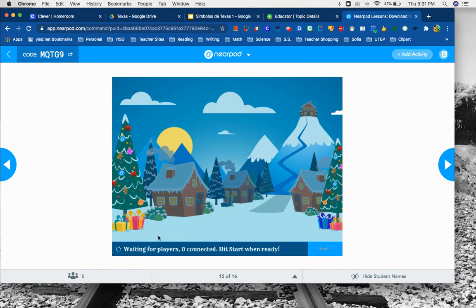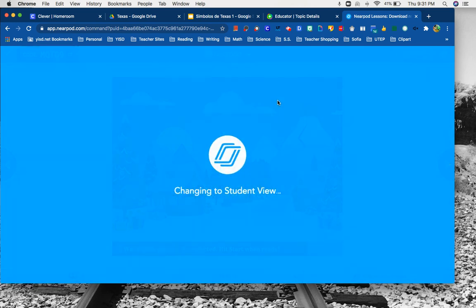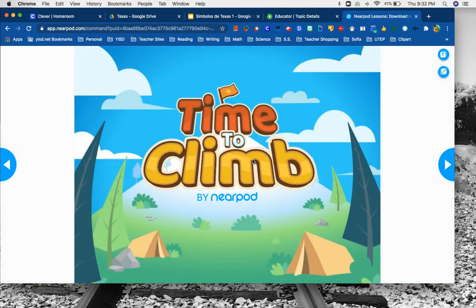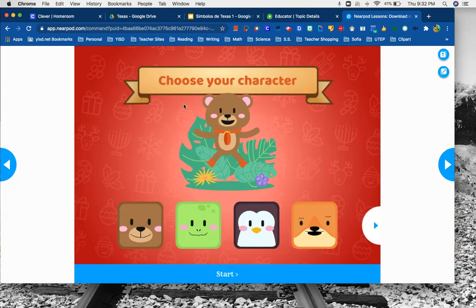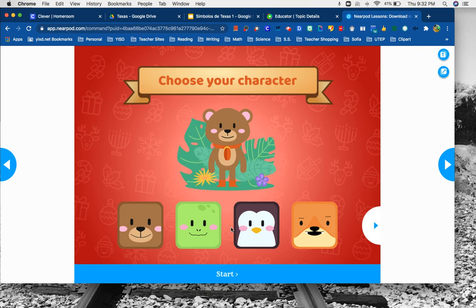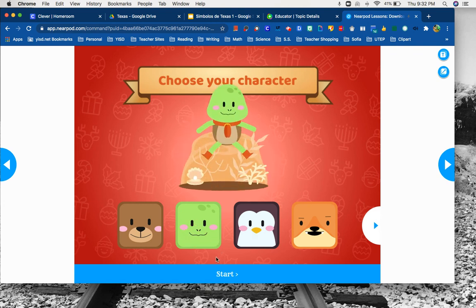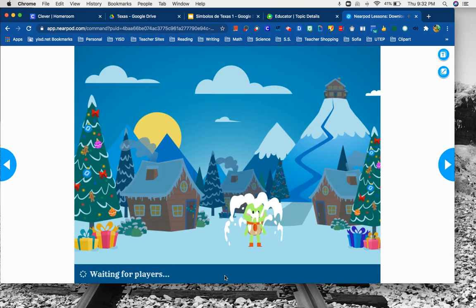So right here, once the kids start joining the game, once we're all there, it'll ask the kids to create their little avatar. And so we're going right now to student view because I want you to see what it looks like. So this is what the kids will see. They have to choose their little character. Okay, so let's just choose one. Okay, they choose their character, they press the start button, and they'll start. Of course, it'll have their name. It has all the kids' names. And as the kids are joining, all the little characters will come on. And once you're ready to start the game,